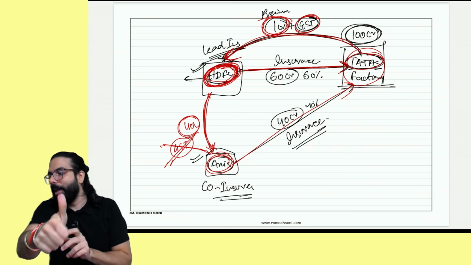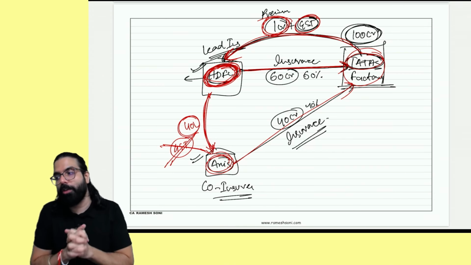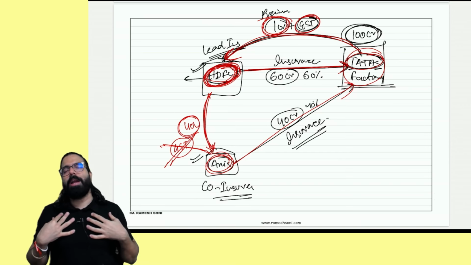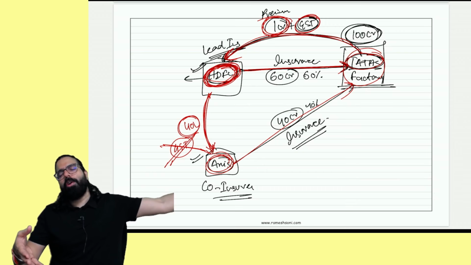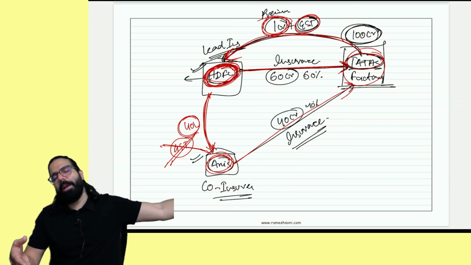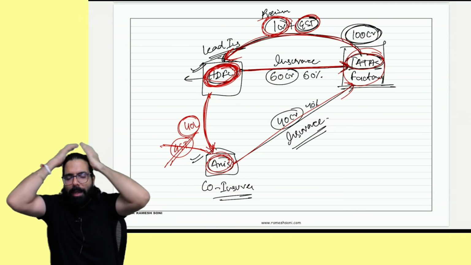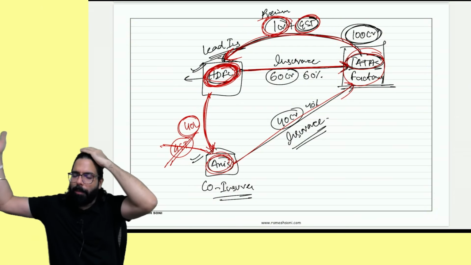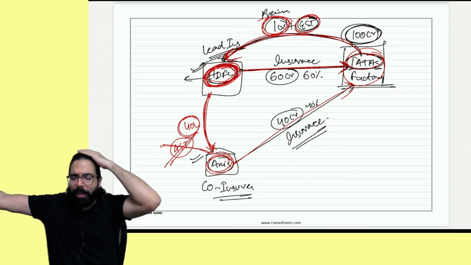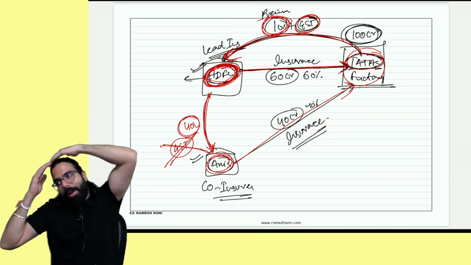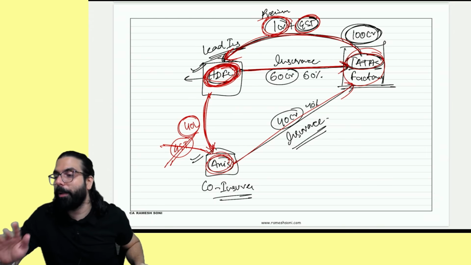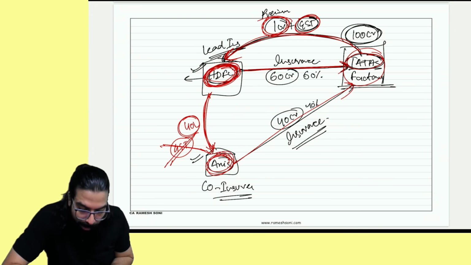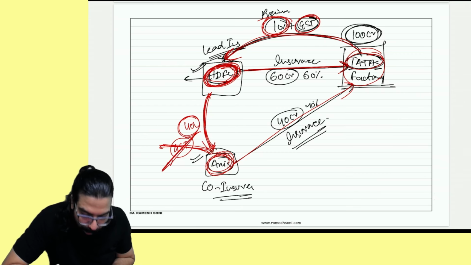Please give me a heads up and tell me, is this insurance point clear to all of you? So basically what happened: me, A and B, we have gone ahead and jointly insured one company. Whatever is the premium received by me, if I am the lead insurer and I have paid the GST on the entire premium, when I apportion a part of it to my co-insurer, on that apportioned part there will be no GST which my co-insurer will have to collect. There is no requirement of GST.